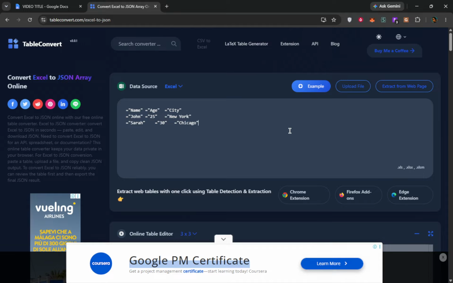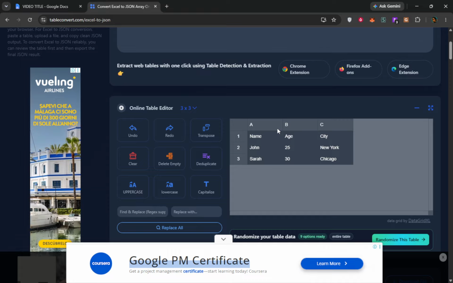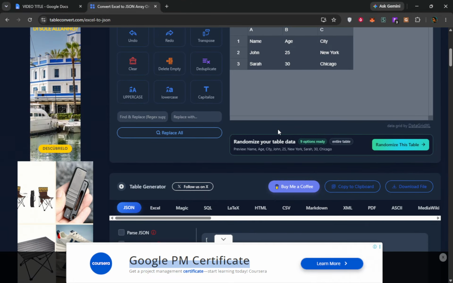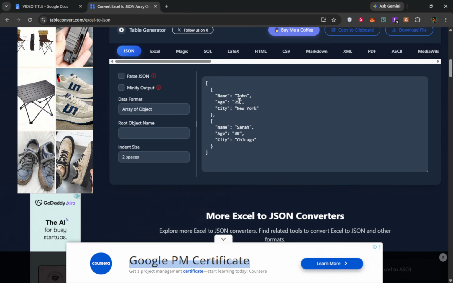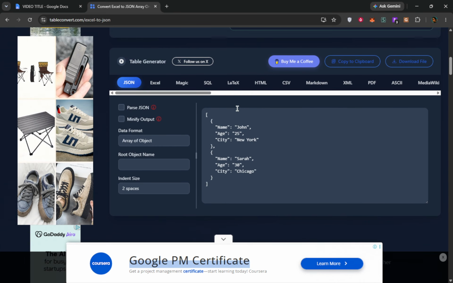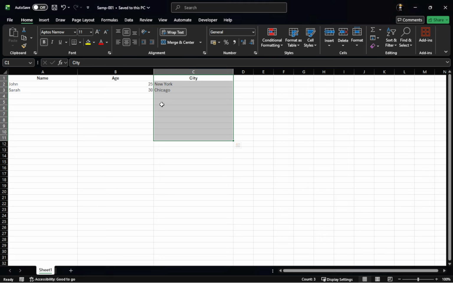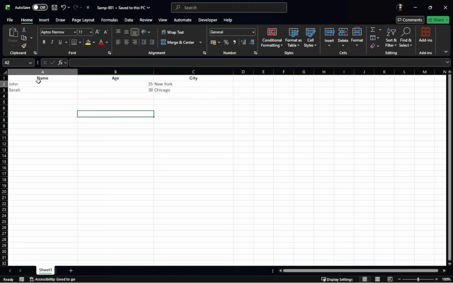Before you finish, keep a few important tips in mind. Make sure your column headers are unique, because duplicate headers can create duplicate JSON keys and cause problems later. Also, if your Excel file includes merged cells, formulas, or multiple header rows, you may need to clean it up before converting to get accurate results. And finally, many modern converters process files directly in your browser, which can be helpful if privacy is a concern.